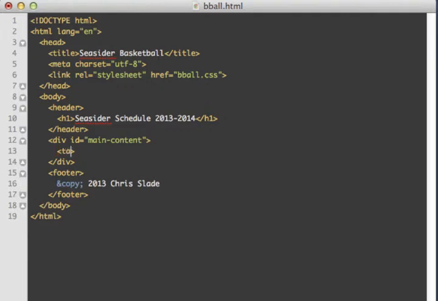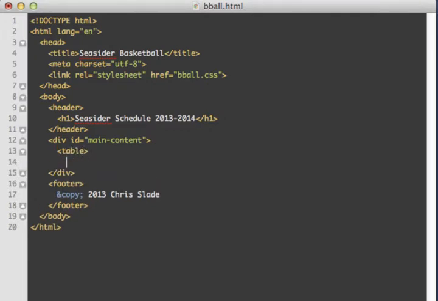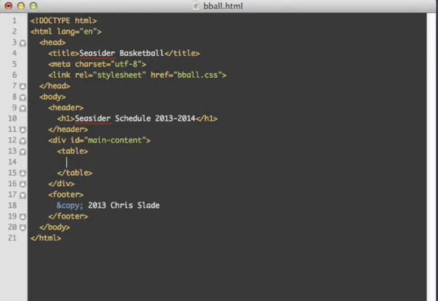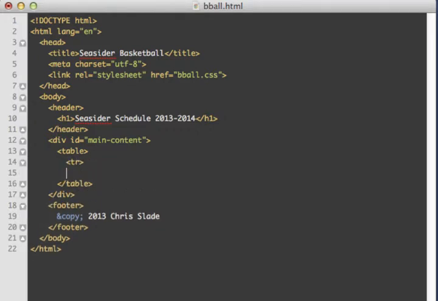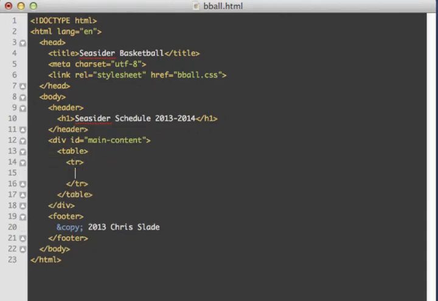And let's go ahead and add a table to list the games that Seaside Basketball will be playing this season. So we start a table with a table tag and end it with an ending table tag. And then we add rows to our table. So each row starts with a beginning table row tag and an ending table row tag. And then we can add columns to it by adding a TD. That stands for table data, and then we'll just put the date,